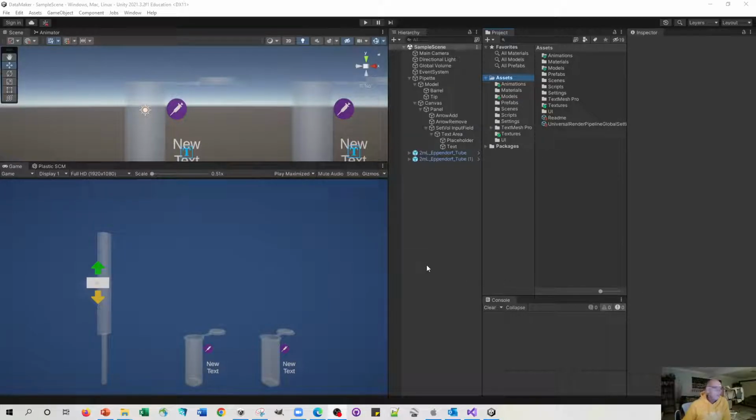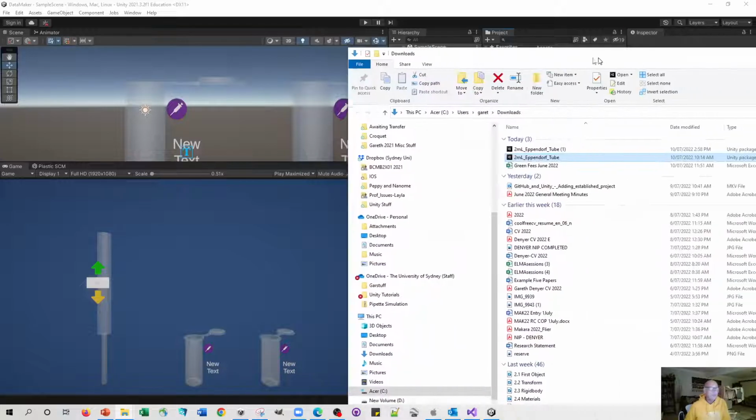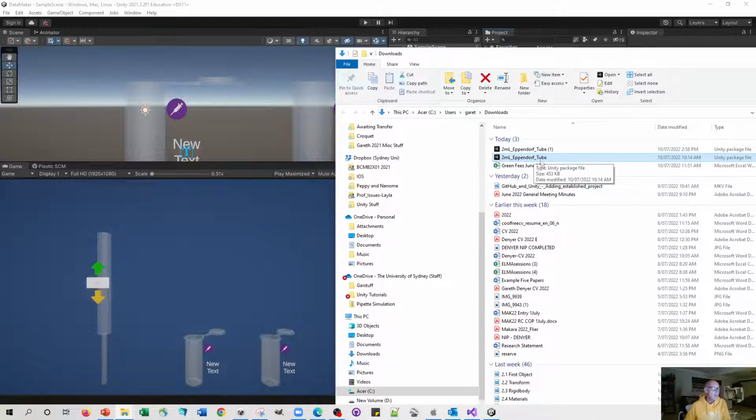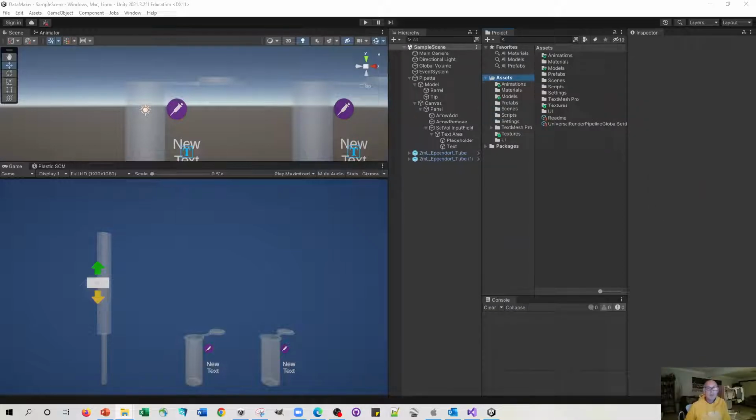Okay, so the really amazing thing about this session is that we now have some realism because we've got some beautiful models that Rowan has put together. He provided me with those models by basically emailing me this Unity package file. And this Unity package file contains the model, the materials, the textures, and even animations that will really bring life